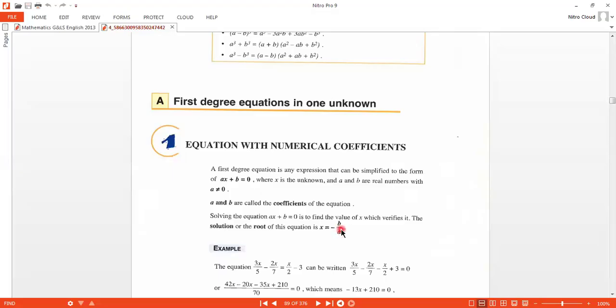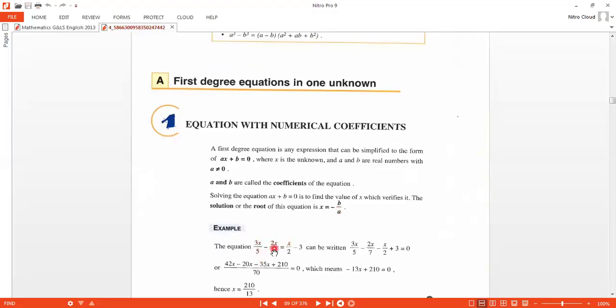So if I have 3x over 5 minus 2x over 7 equals x over 2 minus 3, this is a first degree equation. The first thing I'm going to do is make a common denominator for all the denominators that we have. The common denominator for 5, 7, 2 is 70. That means I have to multiply the 5 by 7, the 7 by 5, the 2 by 35, and the 3 by 70. So I will get this expression, and I can cross out the 70 from both sides,